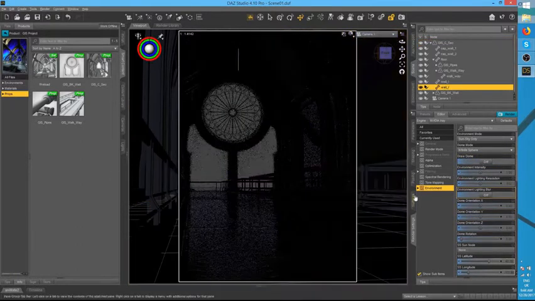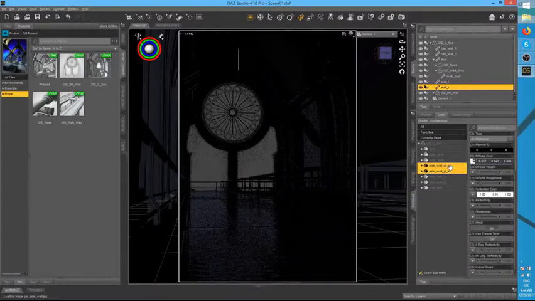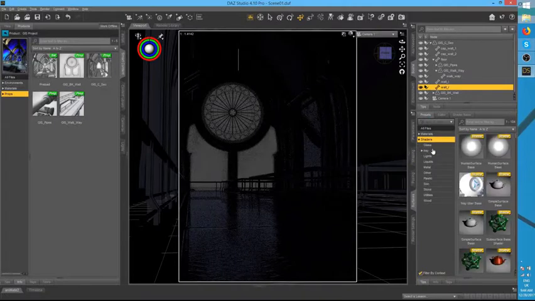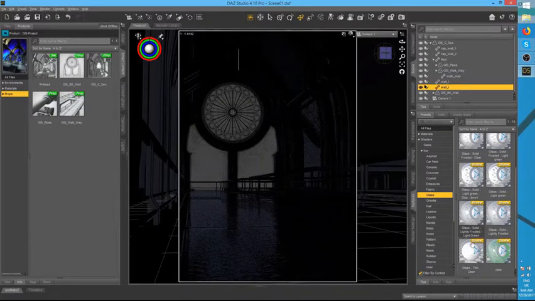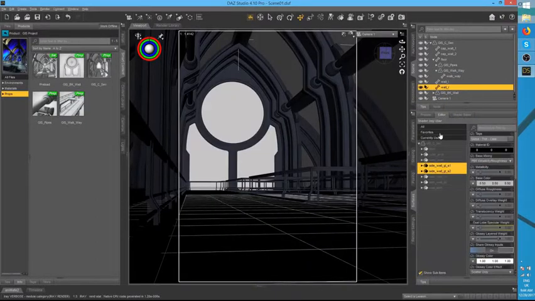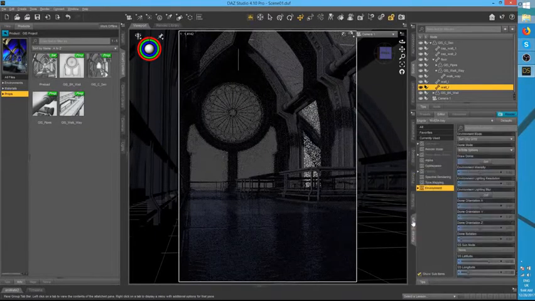There I set the environment mode to sun and sky only, because it actually gives a really nice sun ray through the windows. I covered up the windows here in this image, so I'm going to go back in there and select, there it is. I selected those windows and put glass on them, so now you can see the sun coming through,